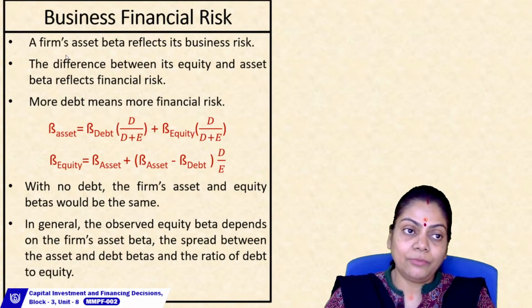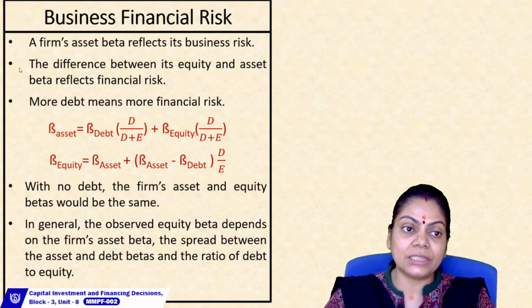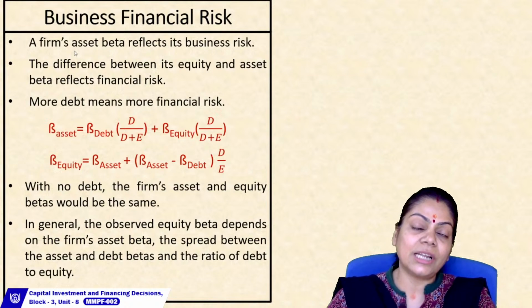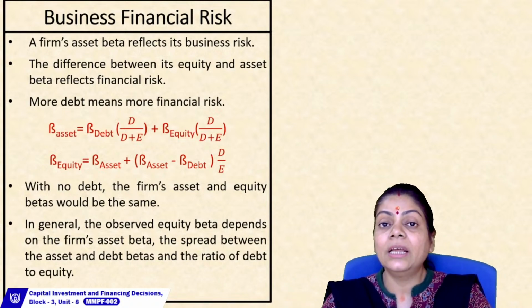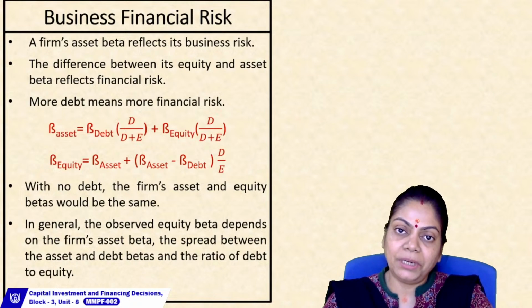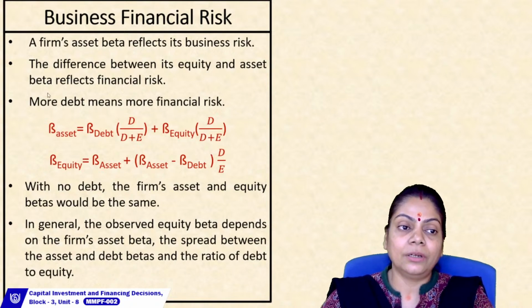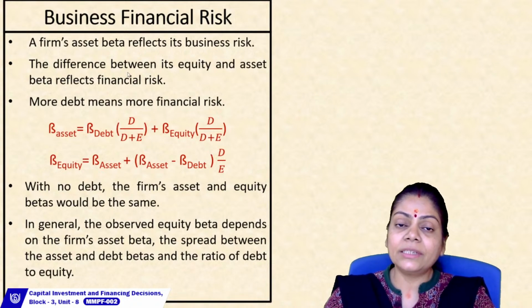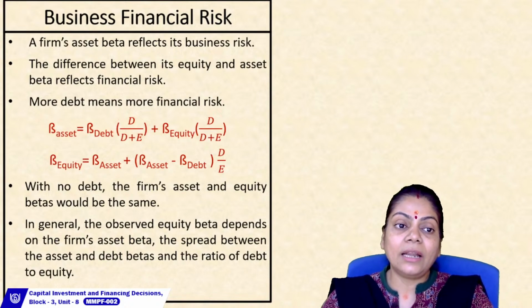Now we'll try to build this business and financial risk into the capex context. Now the firm's beta, the asset beta, reflects the business risk. That means a particular company's total beta, which is nothing but the weighted average beta of the debt and the weighted average beta of the equity, is known as the business risk. And the difference between its equity and asset beta, that is the beta of equity minus the beta of the asset, talks about